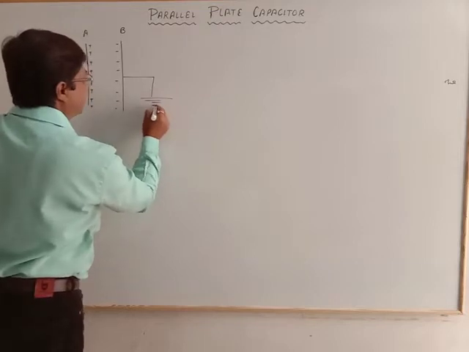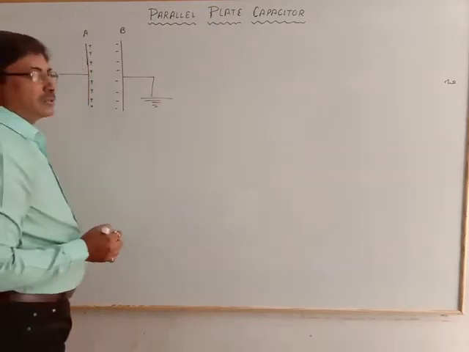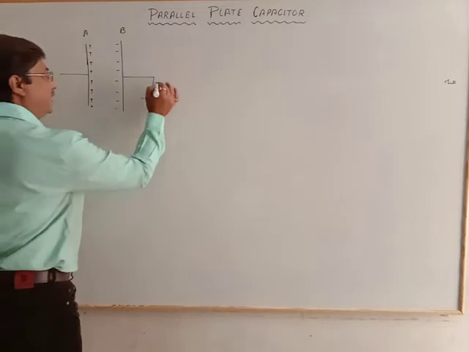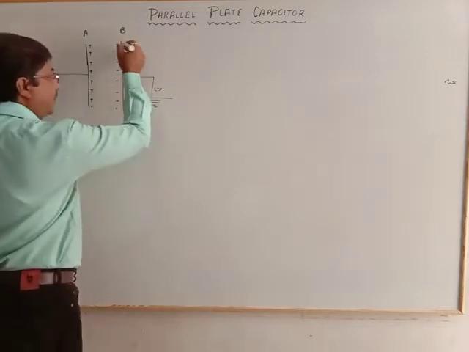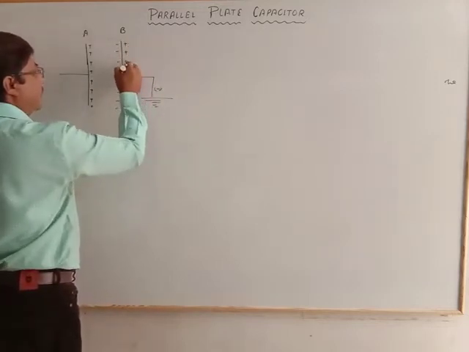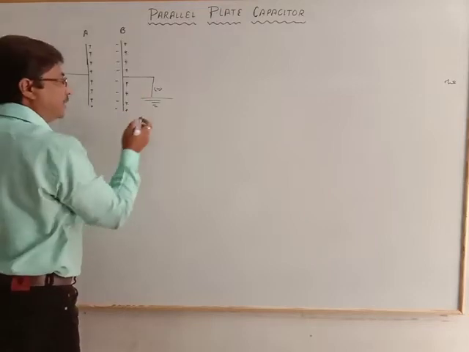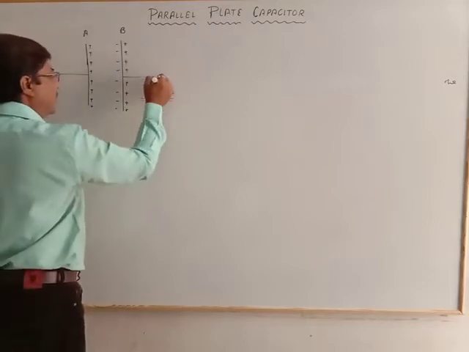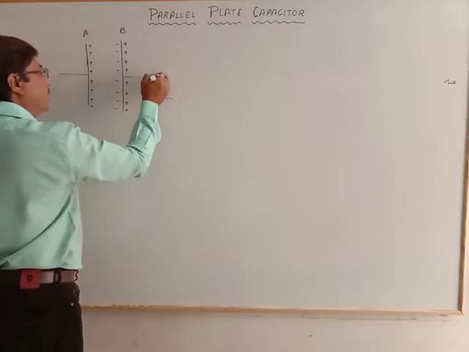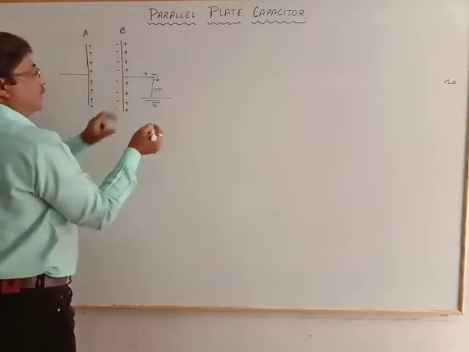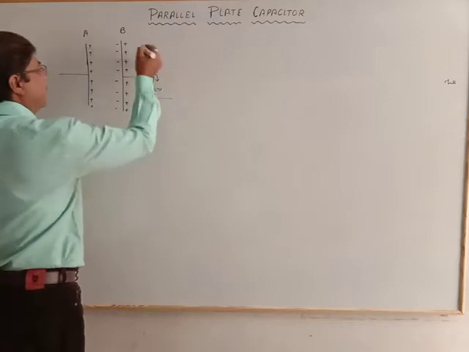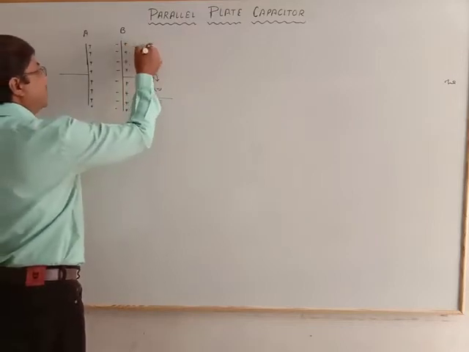Now in this particular case, in the earlier class also I have told that negative will move to neutralize the positive charge induced on the outer face, or we can say the farther face of the plate B. That positive and negative will move, and the flow of the positive is shown. So in that case, there is the neutralization